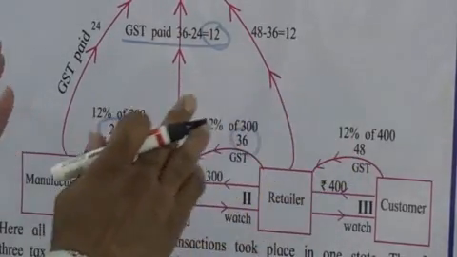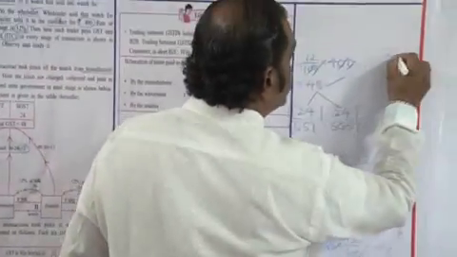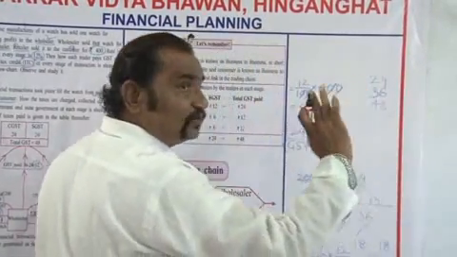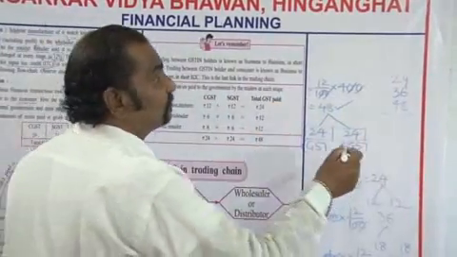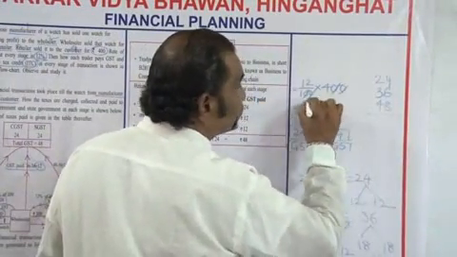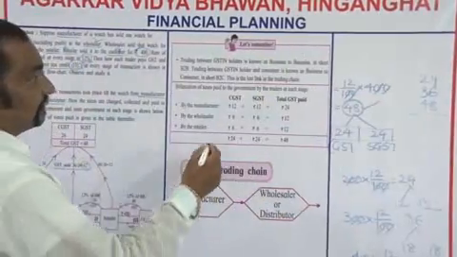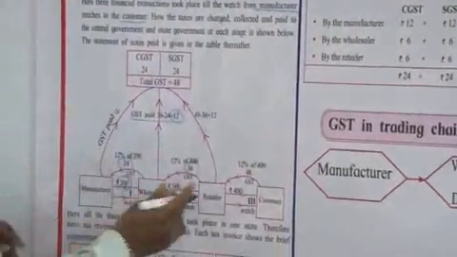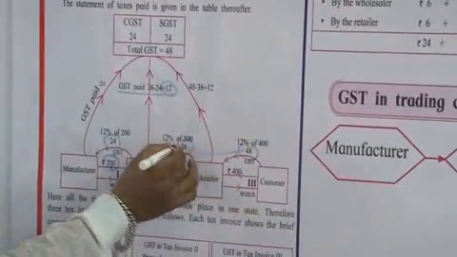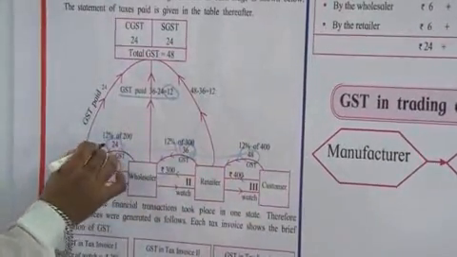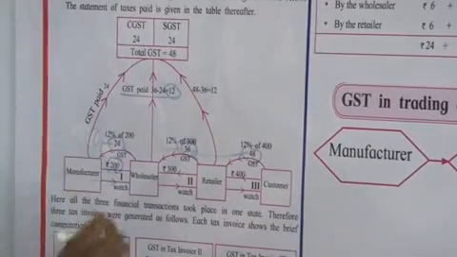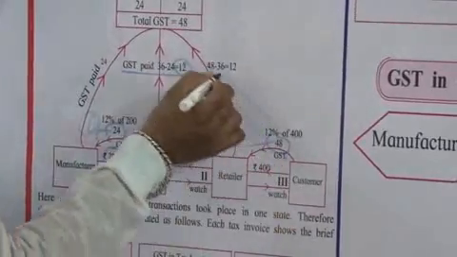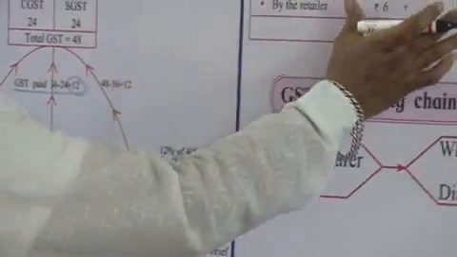It means we are not going to pay all of 24, 36 and 48 rupees of GST. We are going to pay only 48 rupees. Mind it, therefore we have to subtract the differences: 48 minus 36, 36 minus 24. This 24 is the first one, the second one will be 12 and the third one will be 12.